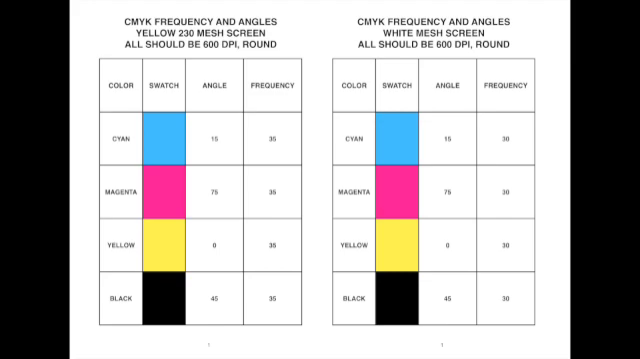These are the different charts I was referring to. There are the different angles and frequencies for the yellow mesh count, which is a 230 mesh, and the white mesh count, which is a 160 mesh. The only thing that you're really going to keep in mind when you're changing the angle and frequencies is really just the frequency for the mesh count of the screen. As you can see, the yellow is the frequency of 35, which is higher because the mesh is smaller, and the white mesh is 160, and you'll notice that the frequency is 30